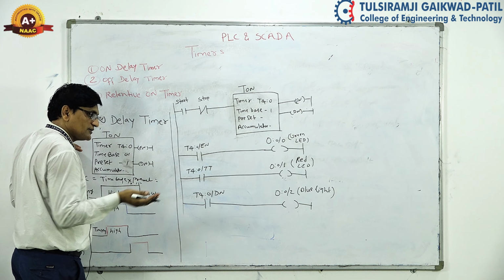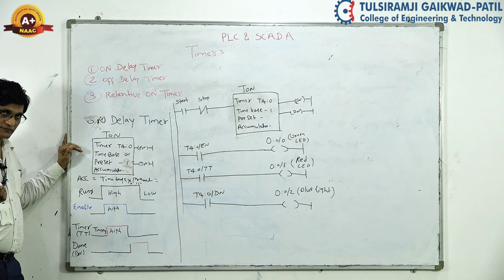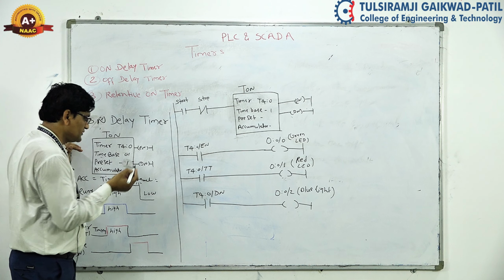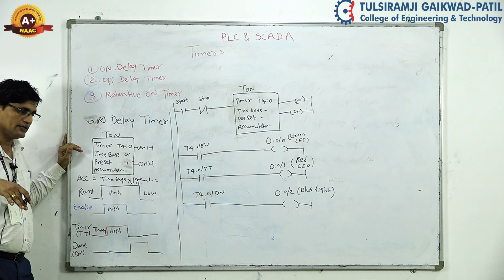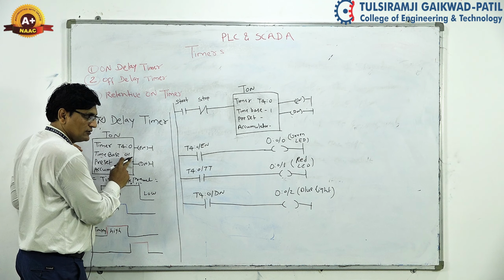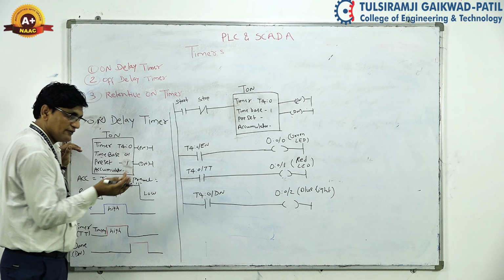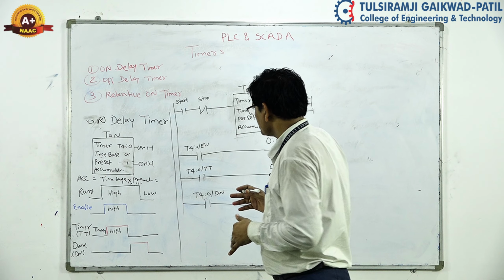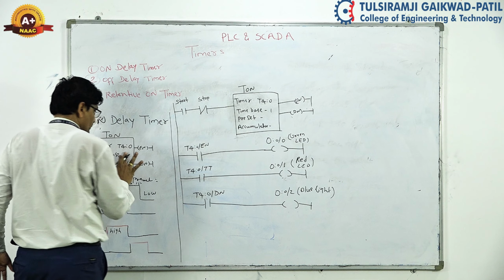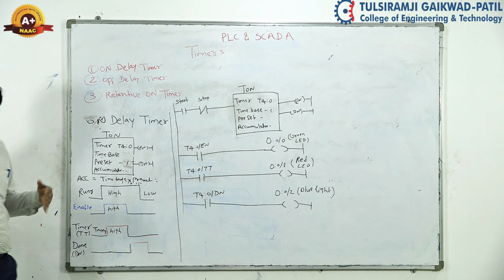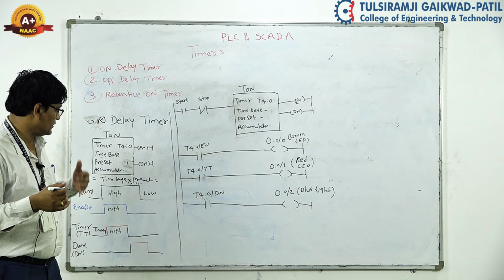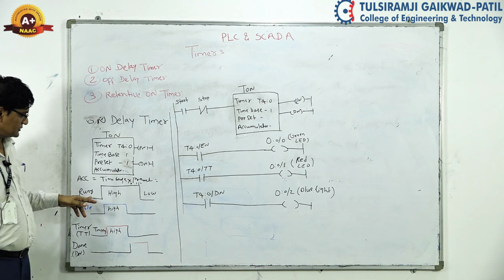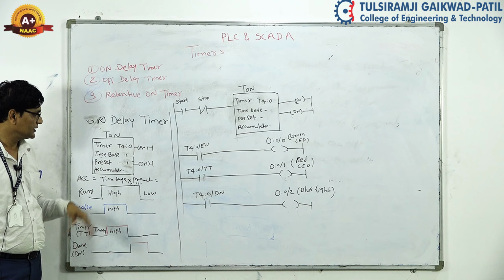If you want to reduce or increase the delay again, at that time we can use the time base. If you want to give a small delay, we can use 0.1 or 0.01, so the delay will be very little time. In this way we can use the time base, where it is used to provide the delay as per the requirement of the industries. Now here is the timing diagram, where it is used to